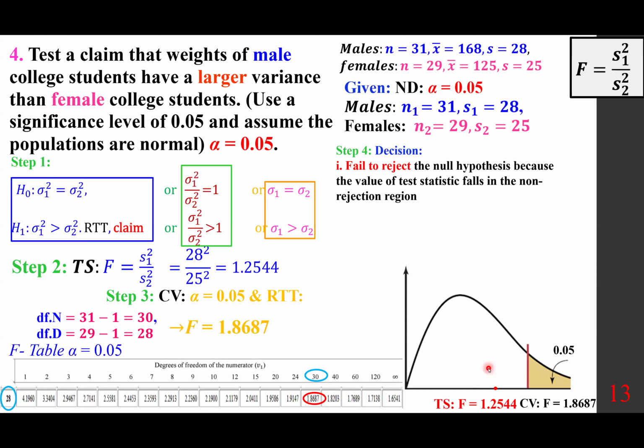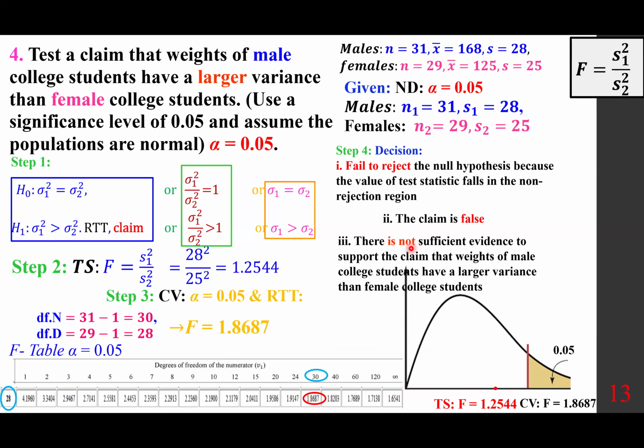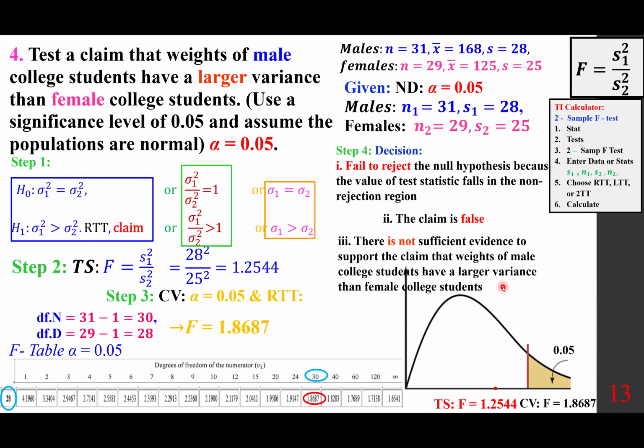Now, to elaborate on that, we go back, and if we are not rejecting H0, that means we are rejecting H1, so the claim becomes false. And we restate as follows: there is not sufficient evidence to support the claim that weights of male college students have a larger variance than female college students. As far as the technology is concerned, we may use the two-sample F-test, and we put the information